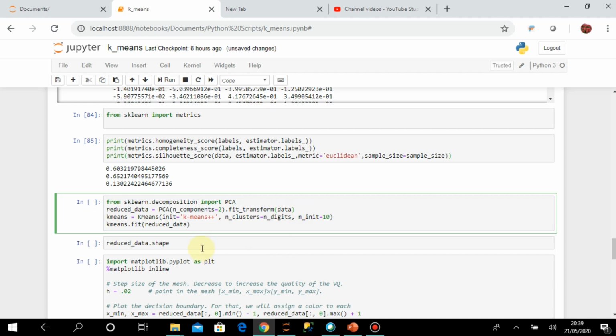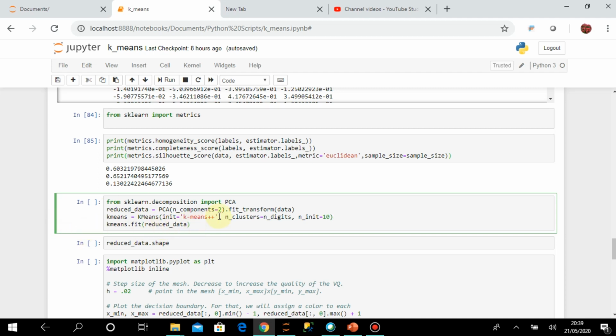Then with this data I will call k-means again with init, n_clusters and n_init, all default values, and only n_clusters equal to n_digits. That's the important parameter that I have to set. Then I am fitting this reduced data with k-means.